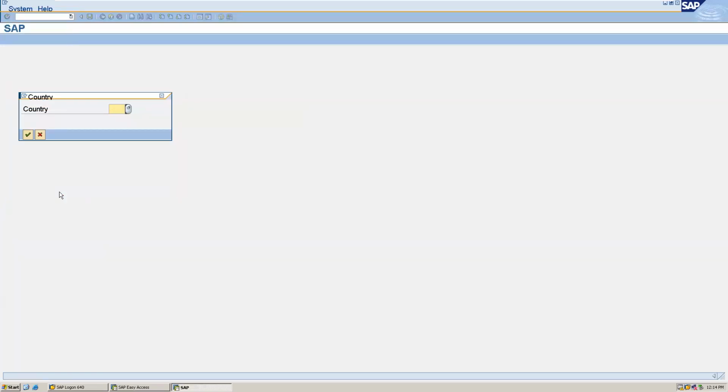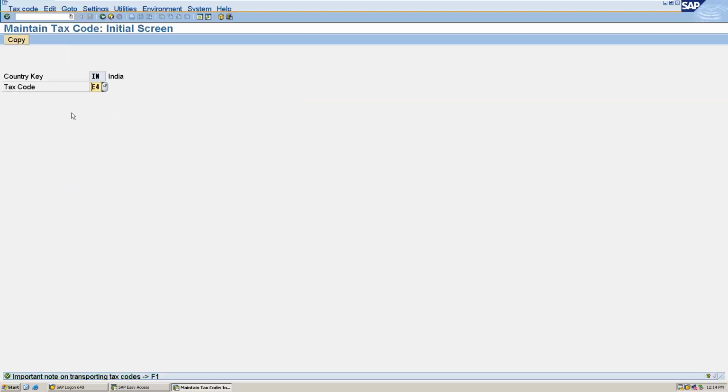Here we are giving our country IN, and I am going to create the tax code Z1.